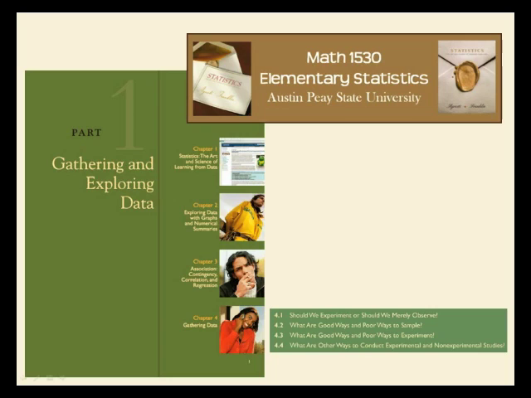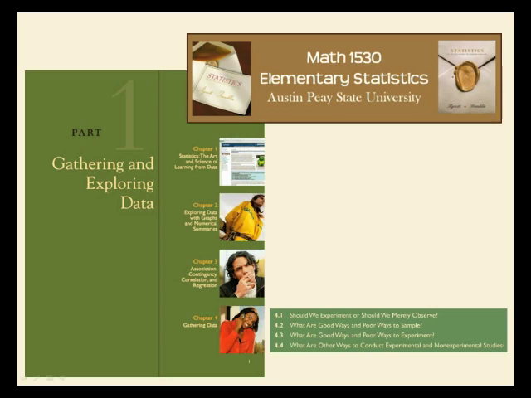And so, Chapter 4, gathering data. Part A has a whole bunch of questions from this chapter, so if you're assigned Part A, you definitely want to pay attention to the stuff in this chapter. We start off with, should we experiment or observe, because that's really the two types of ways that we gather data. Then we go into more detail on how we observe through sampling, and how we experiment, and then a sort of hodgepodge section of other ways to